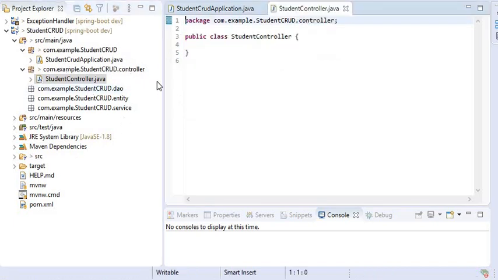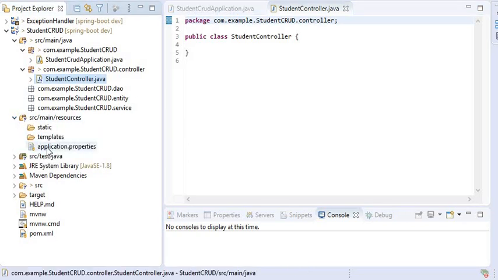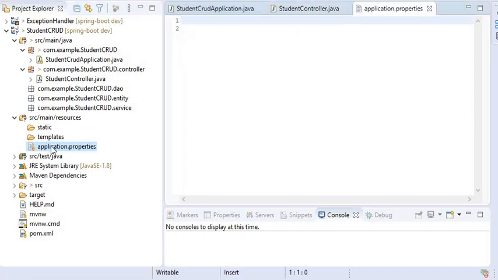If my application wants to communicate with a database, I will communicate with MySQL DB. There is no need to write code to communicate between our database and Java application. We just need to define a few properties, that is database related properties and Hibernate properties inside application.properties. Our Spring Boot application will understand and communicate with the DB.